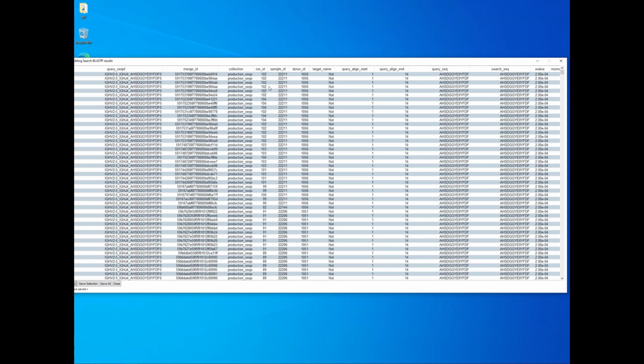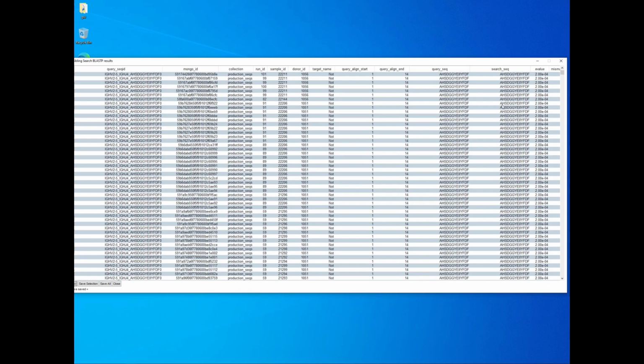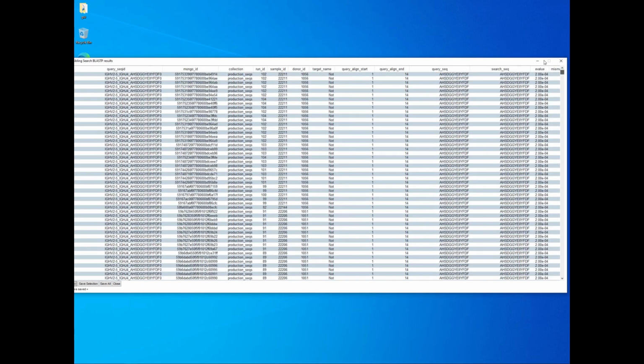We've also got the run, sample, donor, and target. The target is not specified here, but if it were, you would be able to see, for example, that this comes from an Ebola donor, and you get some information about how likely that match is and how many matches there are. And you can save this and filter it and process it in all kinds of different ways, and even you can go back and search